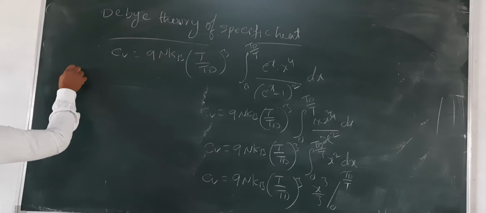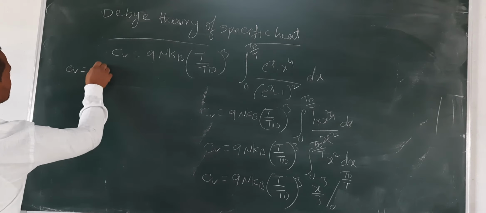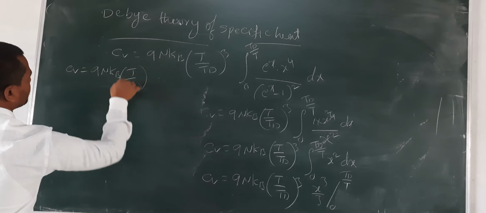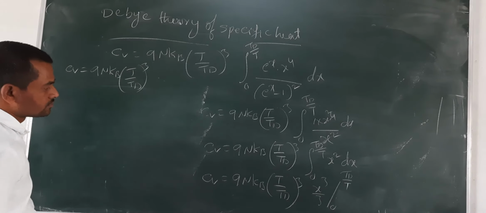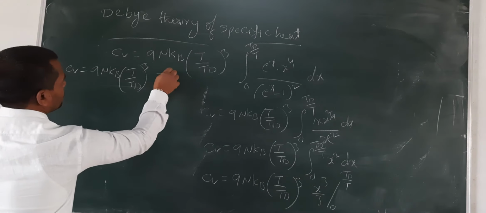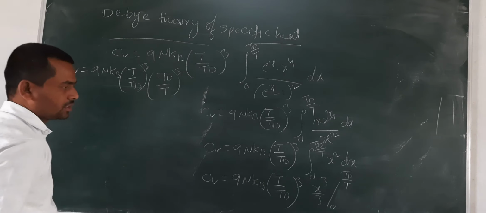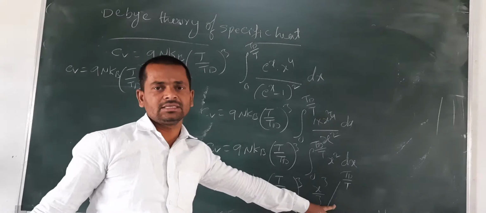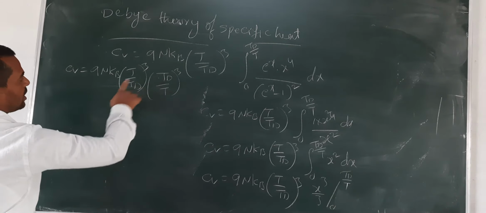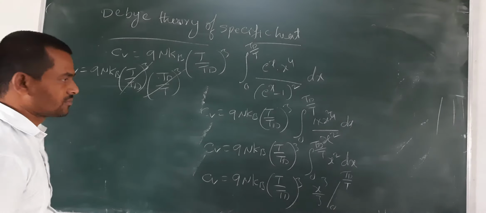Cv is equal to 9n kb (T by Td) whole cube. Substituting x by 3 and (Td by T) whole cube, the subtracted term is 0, so no need to write it. Now these are reciprocal to each other, so these two get cancelled, remaining